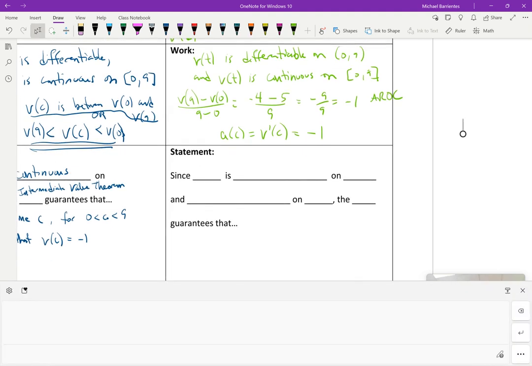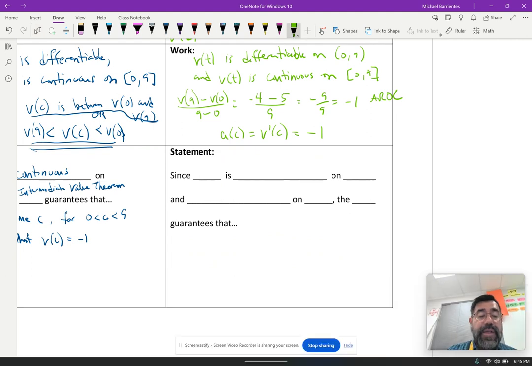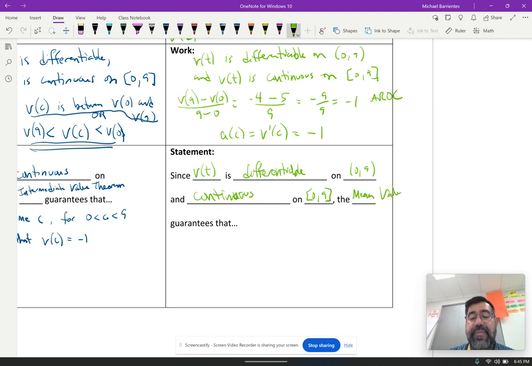So therefore, since v of t is differentiable on the open interval, and v of t is continuous on the closed interval, the mean value theorem guarantees that